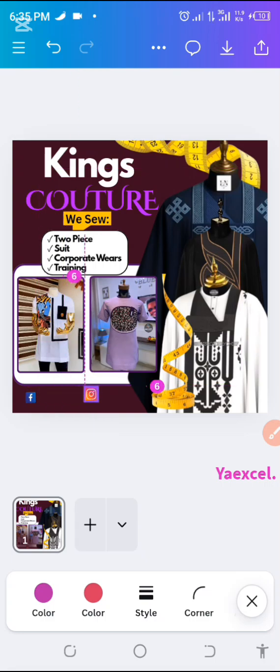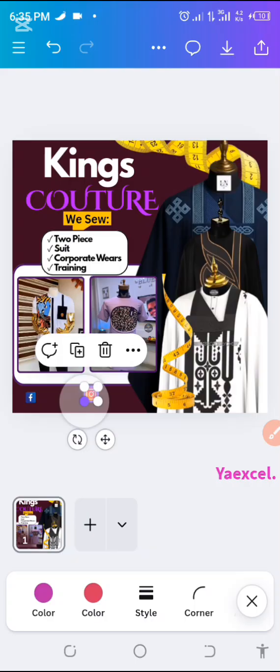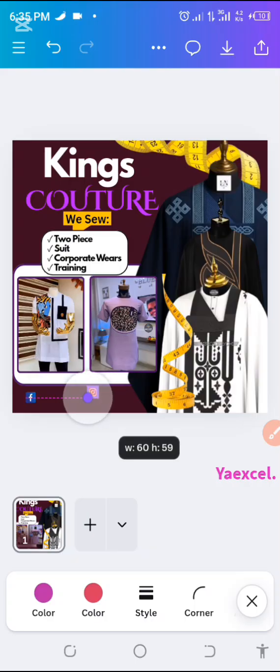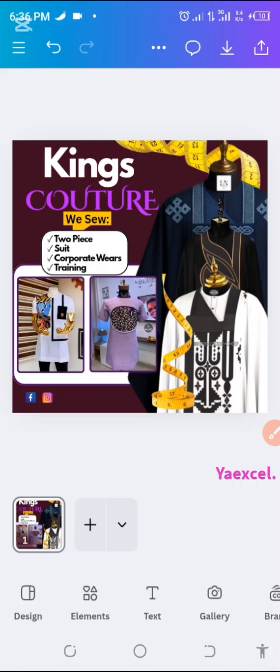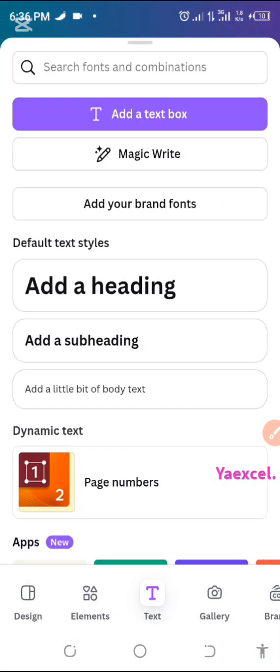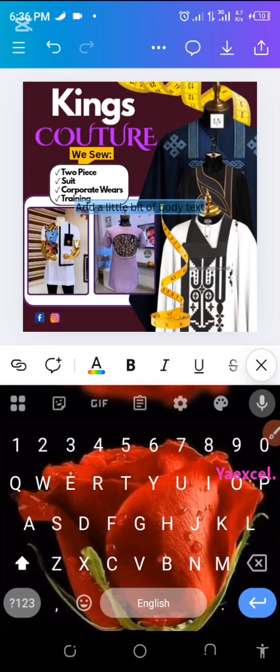So make sure when you crop they are all equal. Then you come and place it here. Okay, so you can see the Facebook and the IG icons are equal in sizes, or almost equal. Don't let one be bigger than the other. So let's go and select text. Then we select little bit of body. Then we're going to edit it to King's